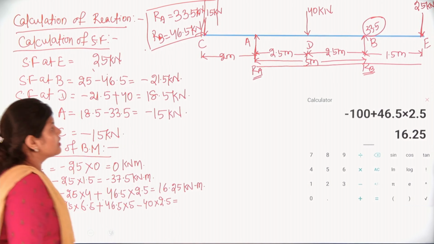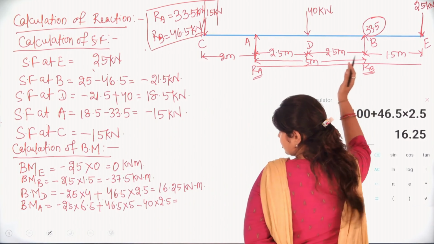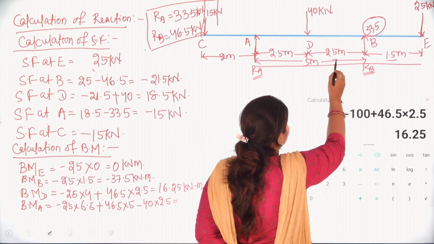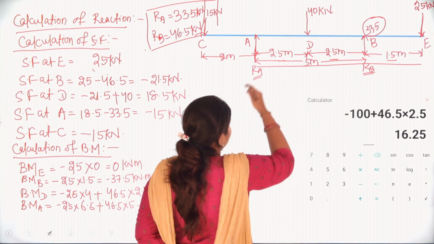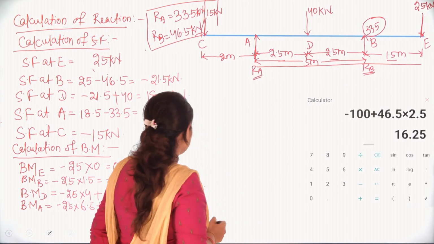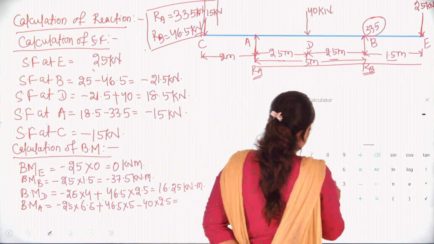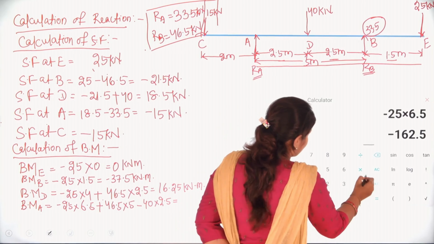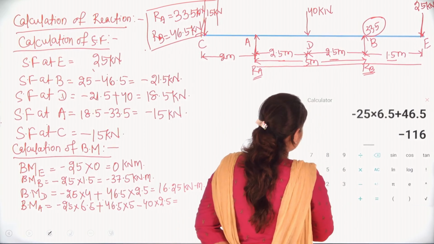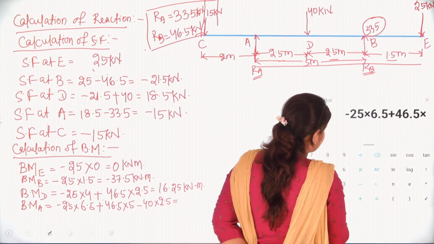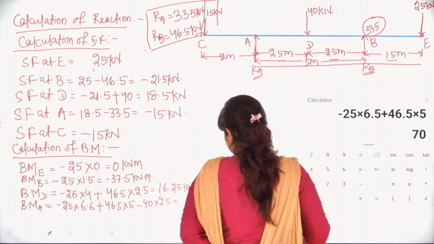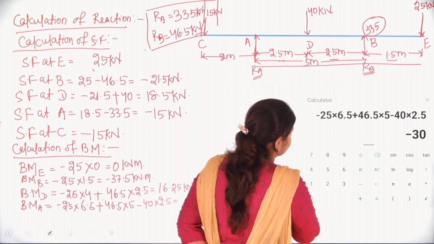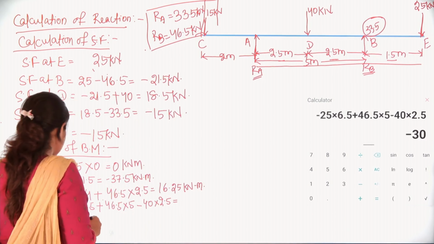As we are increasing the length, so this distance will be multiplied. Okay. Here first 1.5, then 1.5 will be added with 2.5. Again this 2.5, like this. So minus of 25 into 6.5 plus 46.5 into 5. Next, minus 40 into 2.5. That is your minus 30